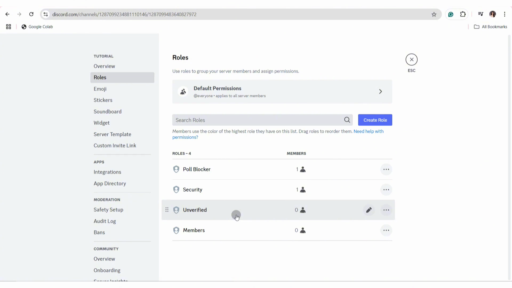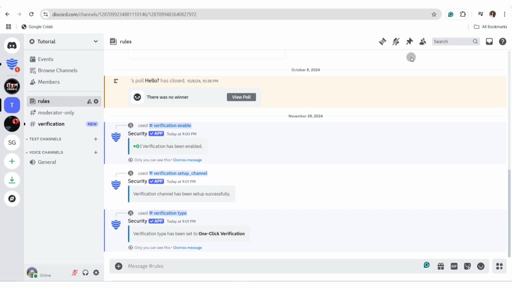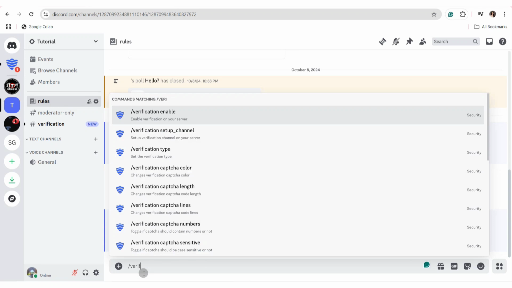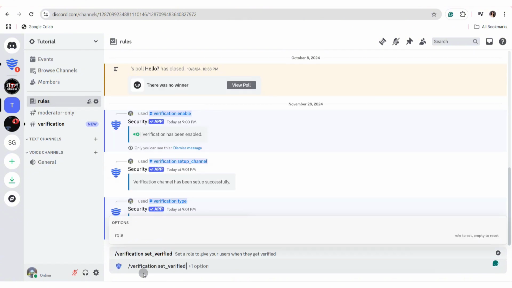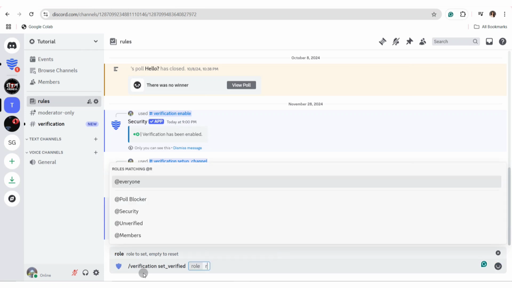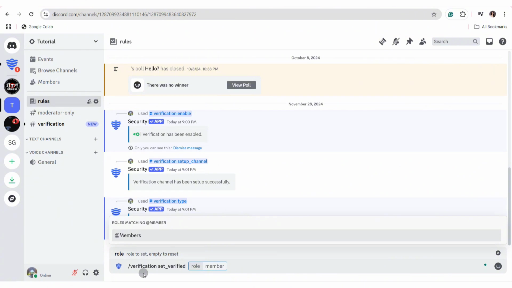Go ahead and hit on that escape or X button at the top right. In here, what you'll need to do is to go ahead and enter /verification set_verified. Now after you enter this, you'll be able to select the roles that you can set verified into this channel. So go ahead and enter that into this area to be able to set roles as verified. And here, go ahead and enter members to be able to set members as a verified role for this channel